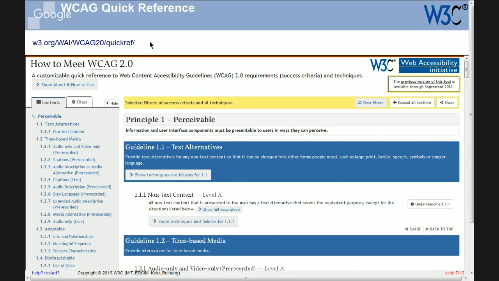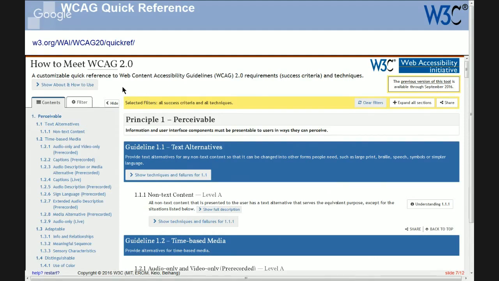But it was a much more static kind of form where you fill in which techniques, which conformance level you're trying to achieve, and you click submit, and then you get a customized aspect of the WCAG requirements. So you get really a cut down. And so we went further and